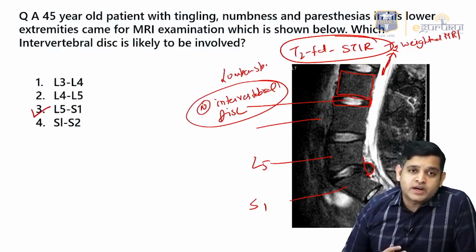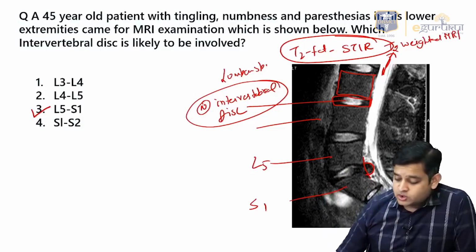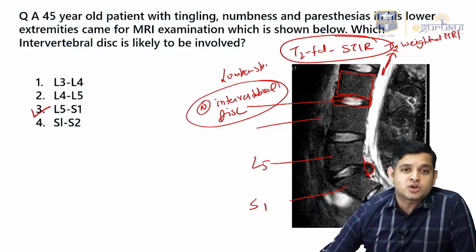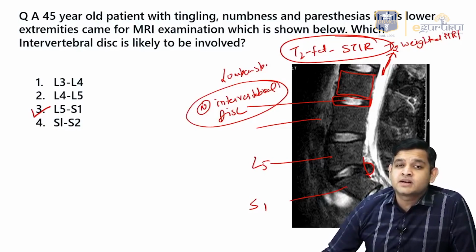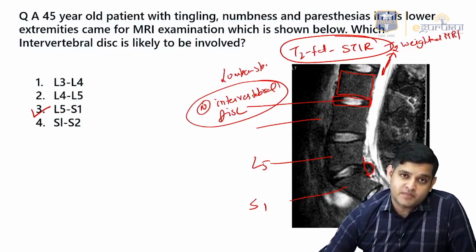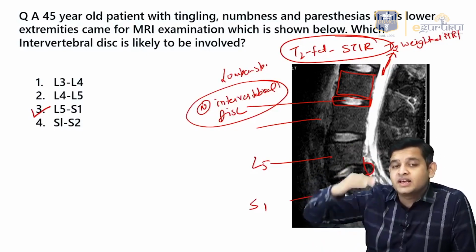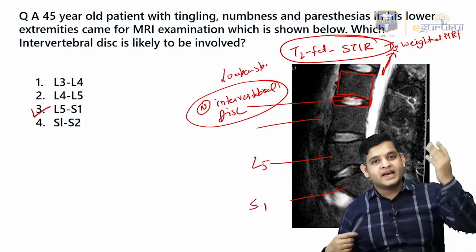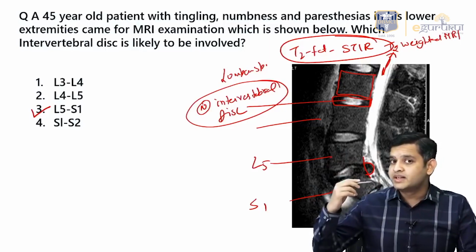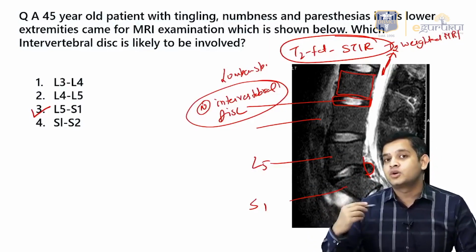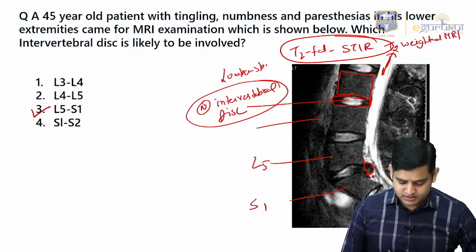Okay, now a lot of students have told us that rather than this they have given only L3, L4, L5S1. So please remember that is not possible. It is an intervertebral disc. So an intervertebral disc has to be between two vertebrae. So it has to be L1-L2, L2-L3, L3-L4, L4-L5. It cannot be L3 or L4. The nerve root might be there, but when you talk about the disc, it has to be L1-2, L2-3, L3-4, L4-5. So this is an L5S1 intervertebral disc.